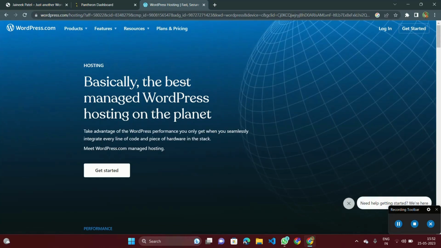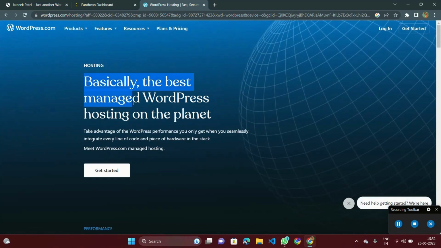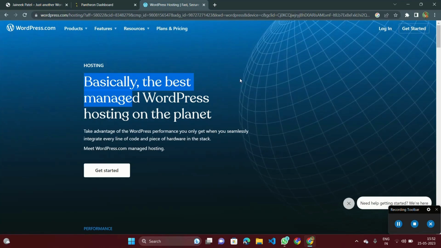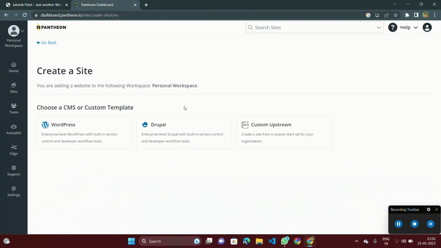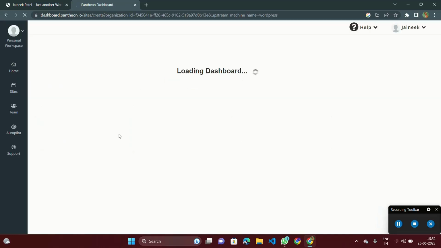That's why we are not using it, because if we have to create a website for free of cost, for that we have to use Pantheon, because Pantheon is providing WordPress for free of cost. That's why we will choose WordPress, and WordPress is the most popular platform or software in the world for creating no-code websites. We'll click on it, WordPress, and after that we will